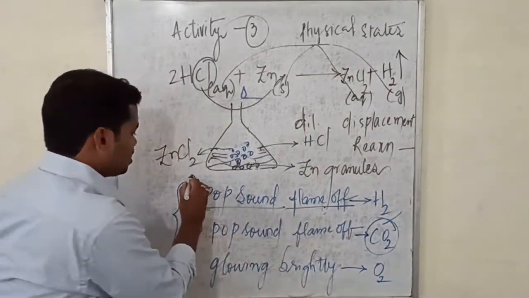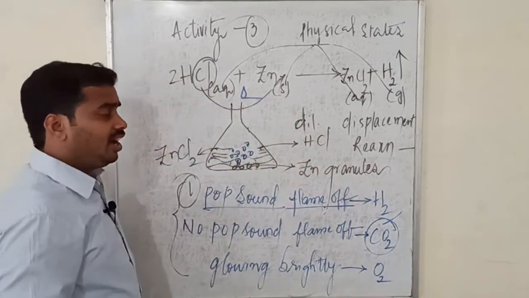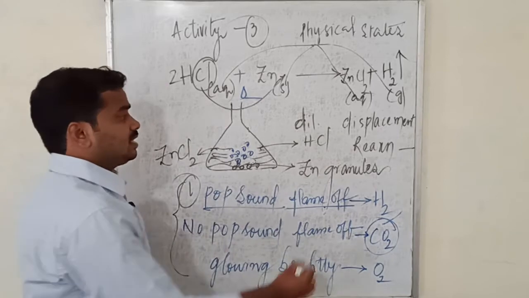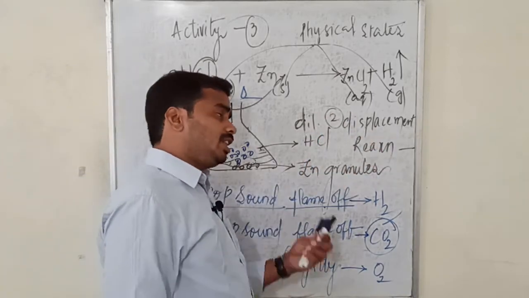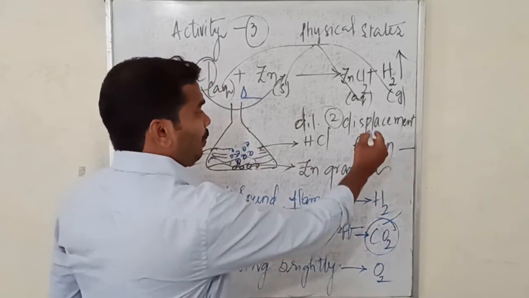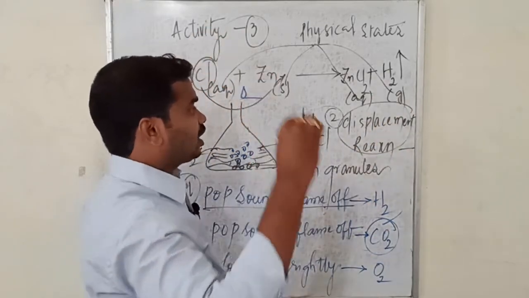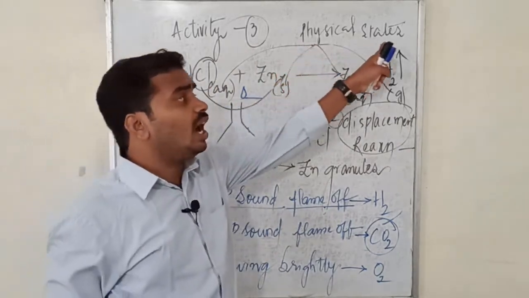So first thing is based upon the flame behavior, you can say which gas is liberated. Second, which type of reaction is it, whether it is displacement, double displacement, combination, decomposition. There are 4 types, right? So among that, this is displacement reaction because only one radical got displaced,